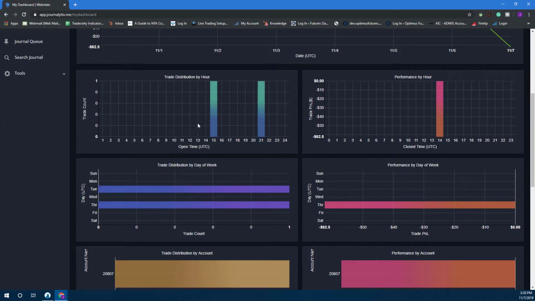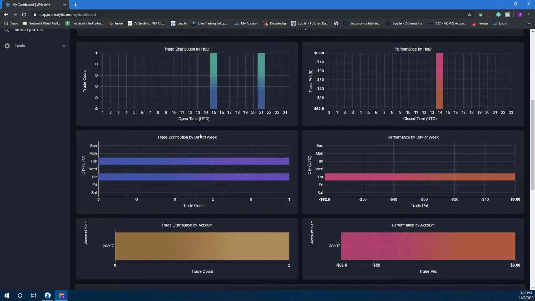If you continue to scroll down, it does show you the trade count and the trade distribution per hour and what you've taken part of. You have your performance per hour as well here. You have trade distribution, so it does show you what days you trade the most. Of course, I am using a paper trading account, so the trades here are few and far between. If you're an active trader, it's likely this section or this Journalytix is going to be a lot more colorful and populated than mine. As you can see, I've only traded on Tuesday and Thursday this week within this paper trading account. The majority of my performance has been on Thursday, and unfortunately, I'm incurring a loss right now, negative